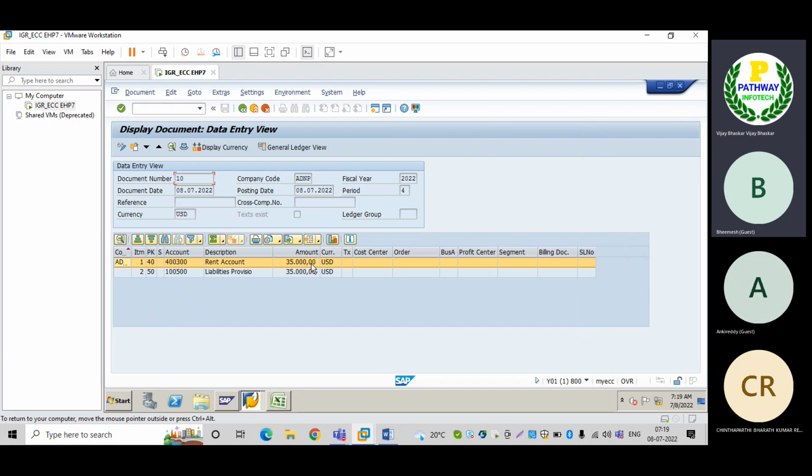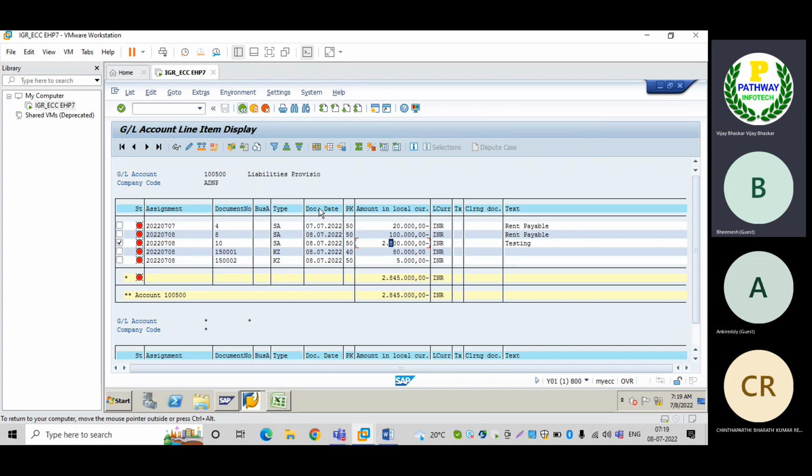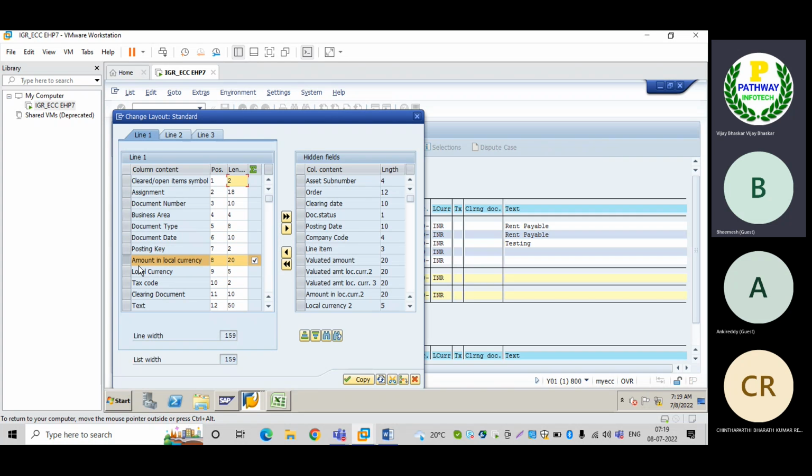Now we have seen 35,000, and this is the local currency. Along with the local currency, I want to see the original document amount which we have used. At this point of time it comes into the picture. You can set up the layouts, amount in currency, then